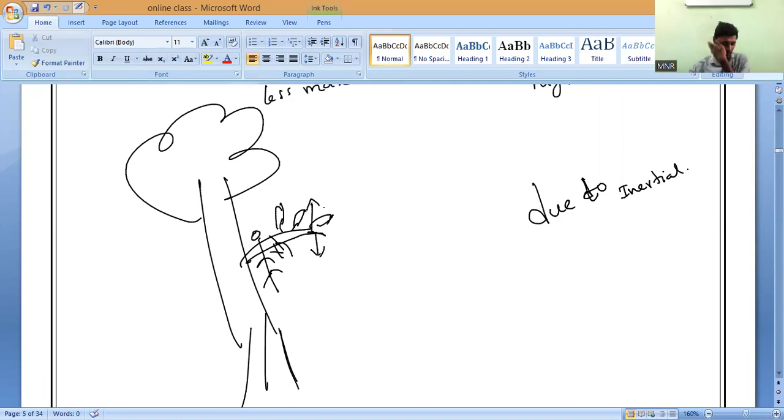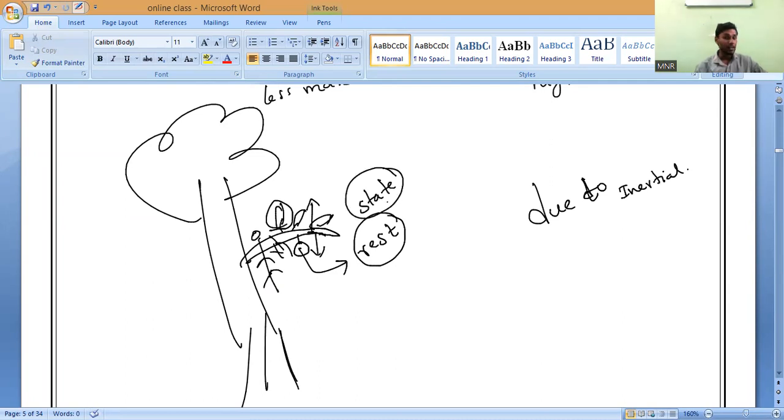I am shaking. Then what will happen, observe very carefully. I am not giving force to the leaves. I am not giving force to the fruits. I am giving force to whom, guys? Branches. So the branch is getting the energy. It is influenced by me. It is doing to and fro motion. But still the leaves and fruits try to maintain their state of what? They maintain their state of rest. So that is why they will be easily detached from the branch and fall down.